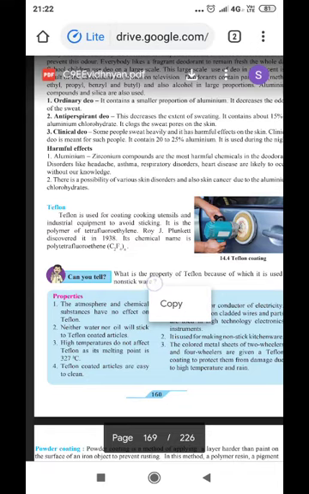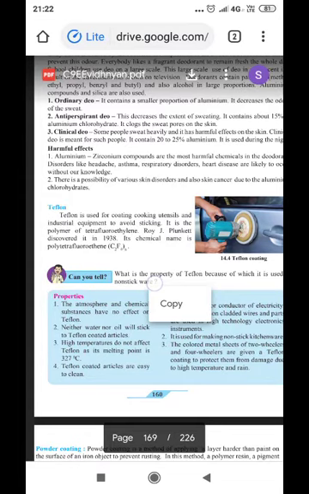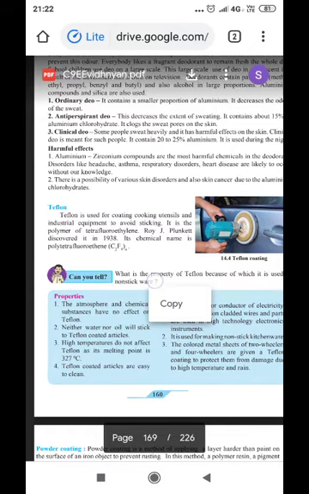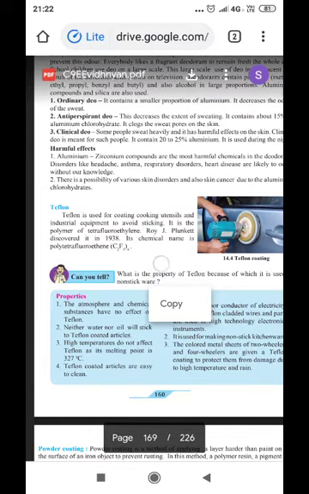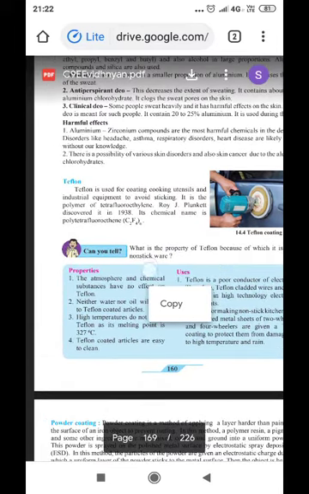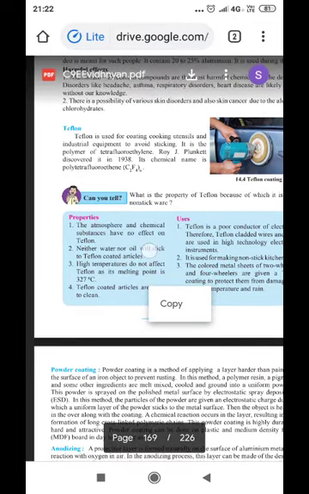Clinical deo. Some people sweat heavily and it has harmful effects on the skin. Clinical deo is meant for such people. It contains 20 to 25% aluminium. It is used during the night. Now, harmful effects. Aluminium, zirconium